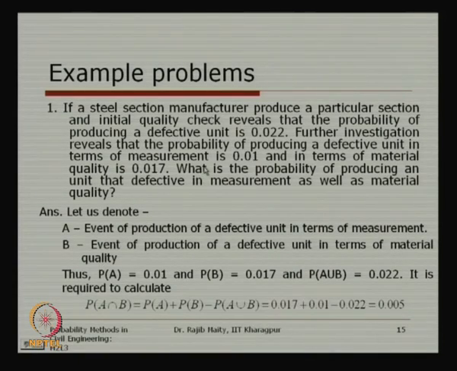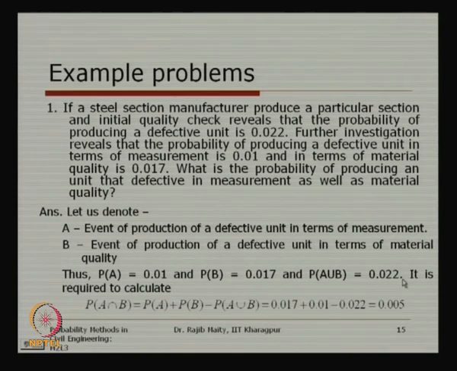From the problem, the information supplied is probability of A is 0.01 and probability of B is 0.017, and it is also supplied that probability of A union B, that is the probability of a defective unit in whatever way, is